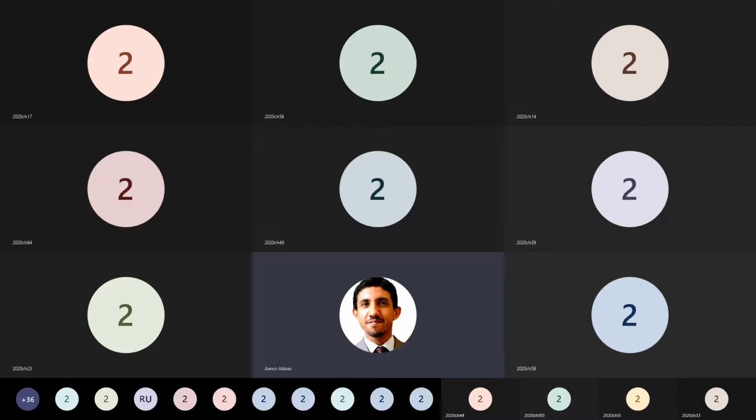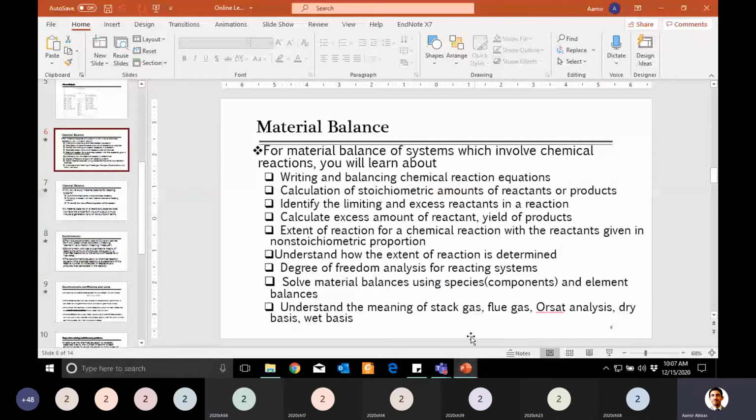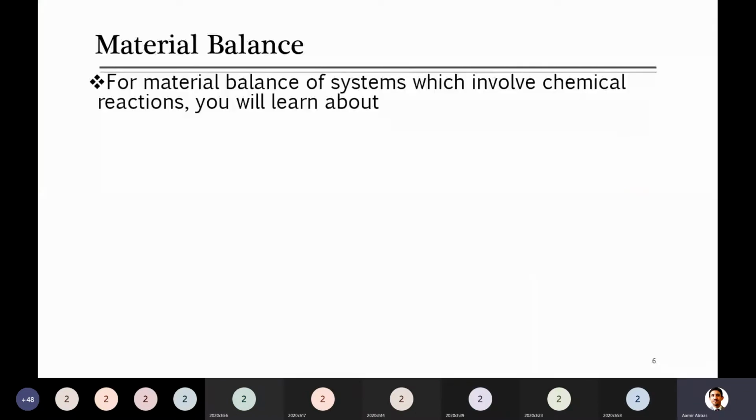So next, chapter 5, which we have to start with, is related to those material balance problems, which will involve some reactions. When we look at those problems, or what you have to study during all this, for all those problems which involve reaction, there are a few terminologies which you will be introduced to, those which you don't already know. Some of you may be aware of a few terminologies, but most things are new here for you.